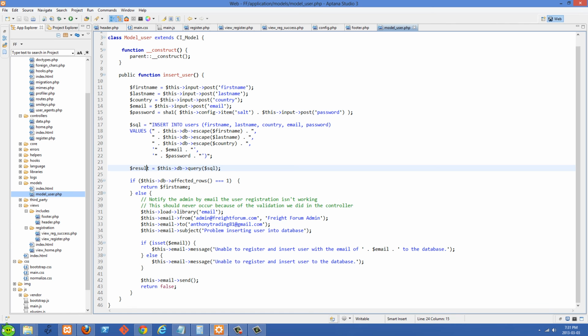Another way that we can check if we had a successful write to the database or not is we can check this DB affected rows, another CodeIgniter method. And we're only creating one user at a time, so this affected row should be identical to 1. So I'm doing a check for that right here. And if that was identical to 1, we changed one row, we added one user, then I'm going to return